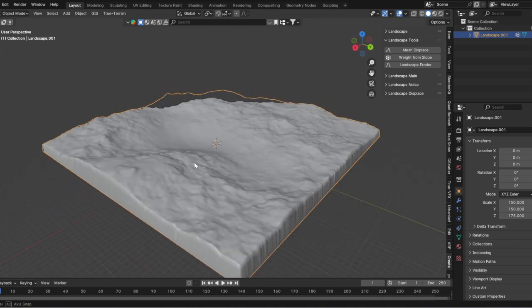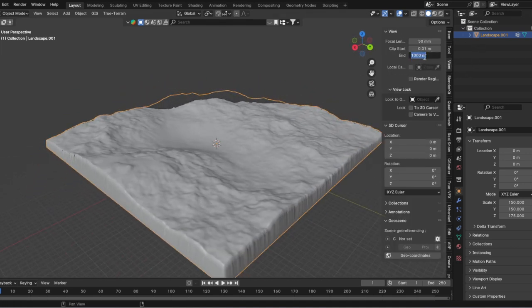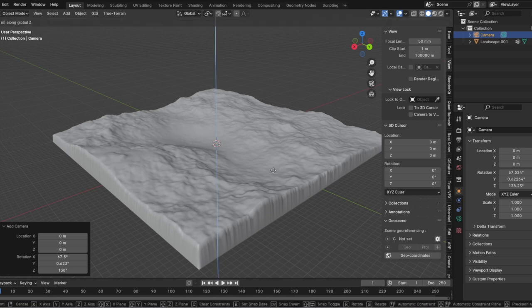So now you're going to notice that there's some clipping going on in your view. So just go to view and bump the clipping up to like 100,000 meters. That way you don't have to adjust it later. And then make your start at 1 meter. We're going to have to do that for the camera as well too. So once we add that in. So now let's add in that camera. And then you drag it up,